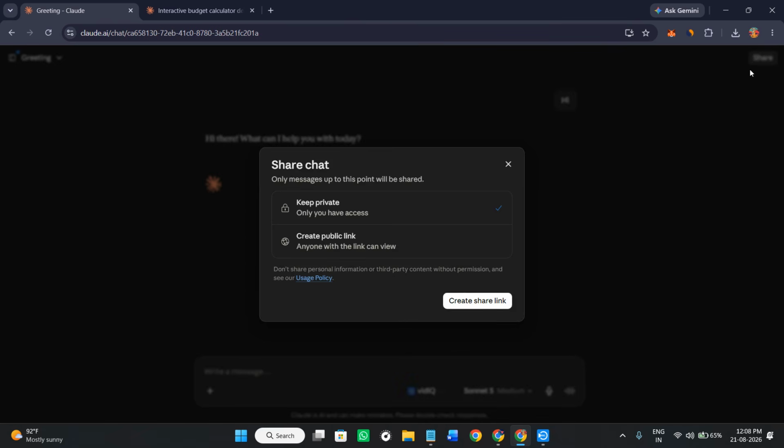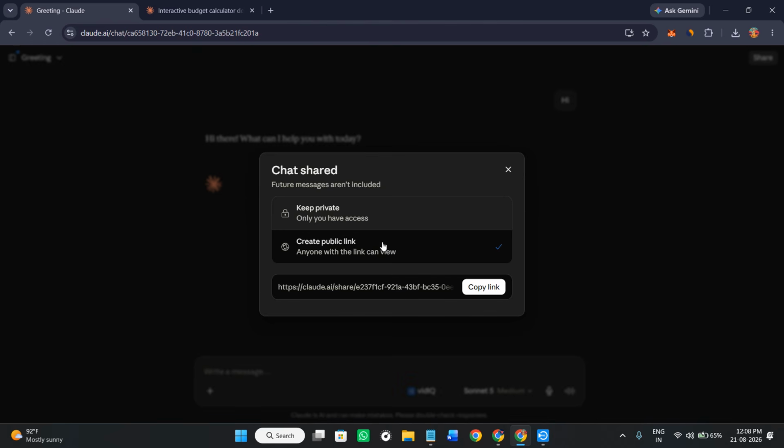So you can just simply click on this particular share button and you can decide whether you want to keep it private or you want to create a public link. Now, since you want to share it, you need to click on the option of create a public link. This way it is going to generate this type of shareable link for you. So you need to click on the option of copy link,